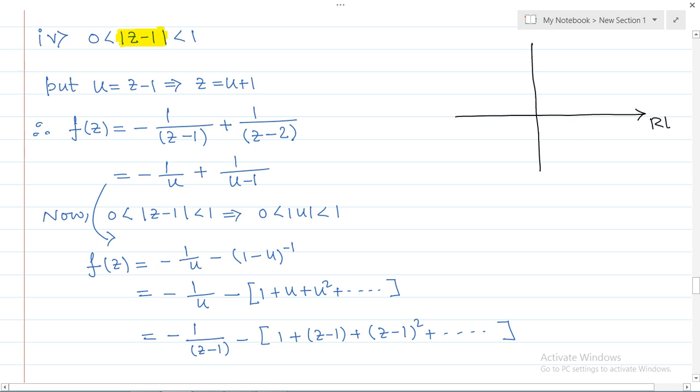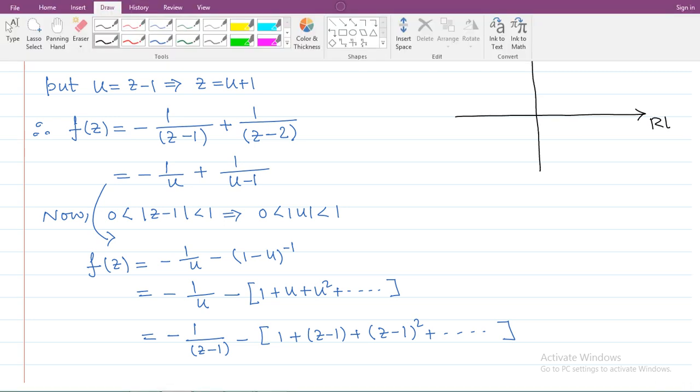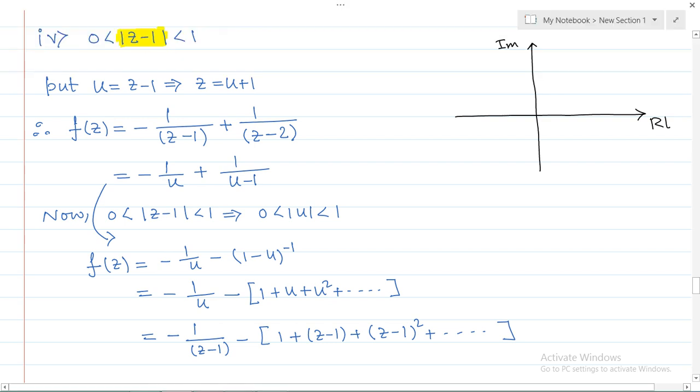This is our real axis, this is our imaginary axis. Now the circle is centered at the point 1, and it cannot go beyond 0, since z minus 1 is less than 1. So the radius of the circle should be less than 1. So the circle will be like this,